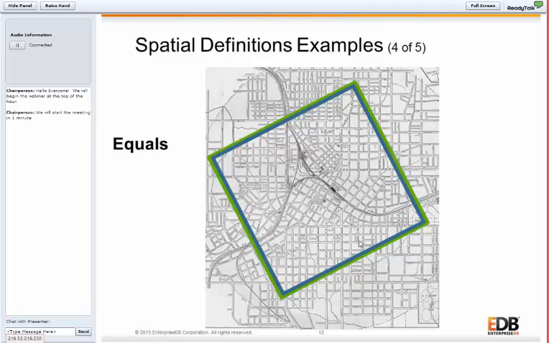Equals. In this case it is a bounding box equality. In the database world, you're used to equal when you write queries. You use the equal sign, return true, or return rows where some attribute equals a given number or a string. Postgres spatial equal is better than a simple equal. Spatially equal allows the ordering of points to be different, but represent the same geometry structure.